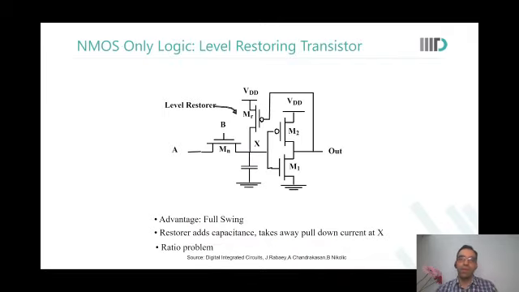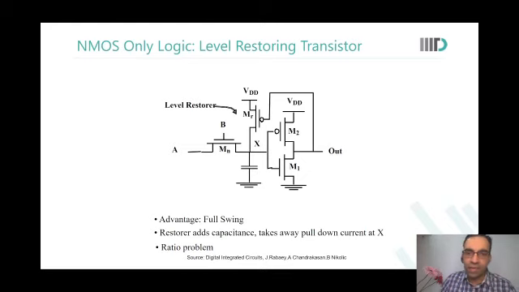So now what we say is, yeah, this is not going to work. So let us put a level restorer. After the inverter, we put a small PMOS, and we have a level restorer. What does this level restorer do? It ensures that Vx goes to VDD. When Vout is 0, Vx goes to VDD, and therefore there is no static current from the inverter.